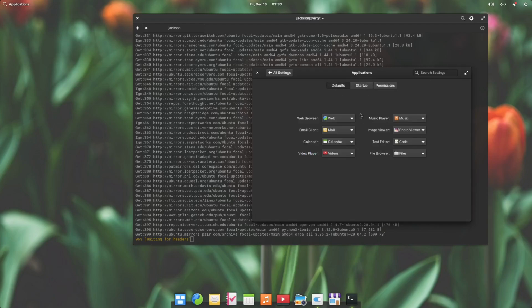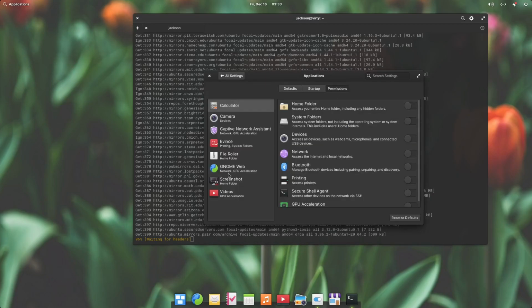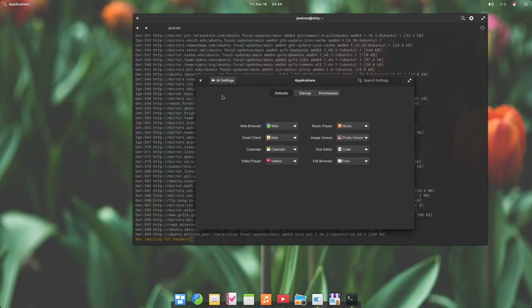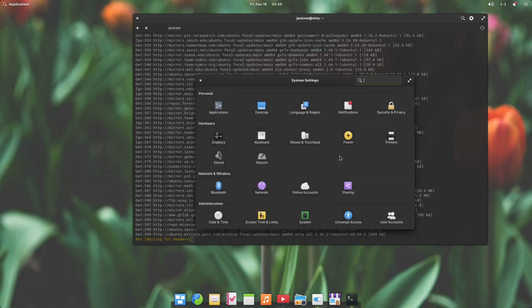You can change your default apps. Actually, that app permission thing, I've not really seen that in other distributions. But these default apps, very standard. So, like, you can change your text editor or file browser. Oh, that's weird. Code and terminal come up for file browser. I don't know why that is.